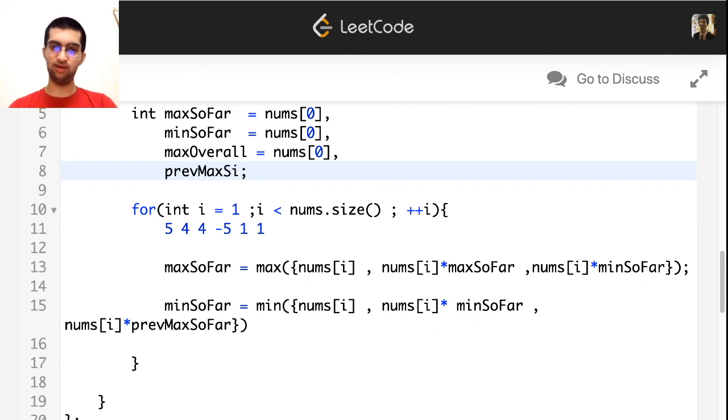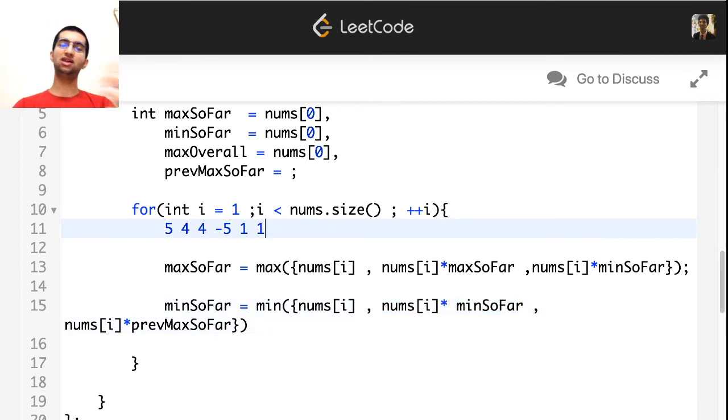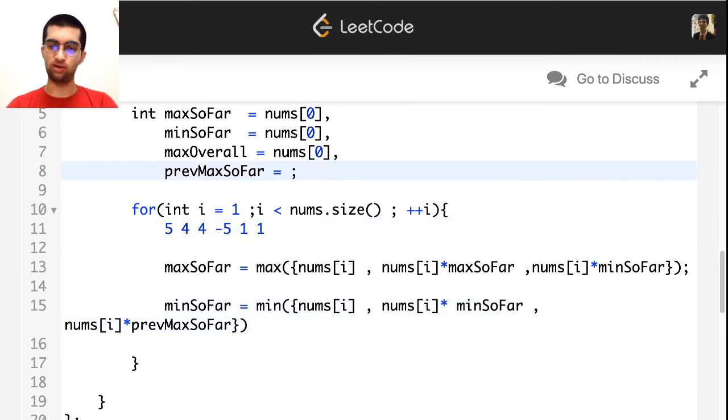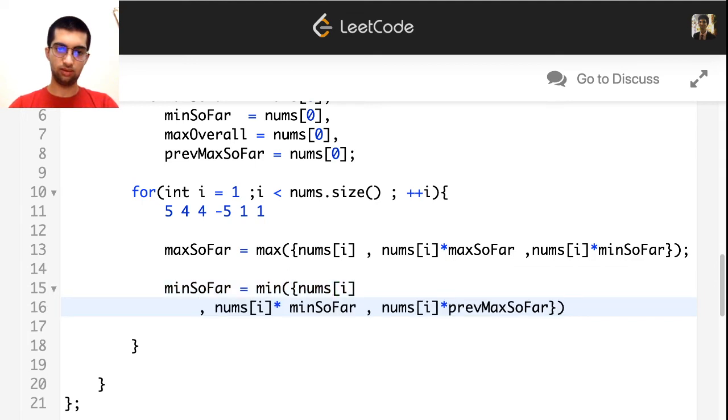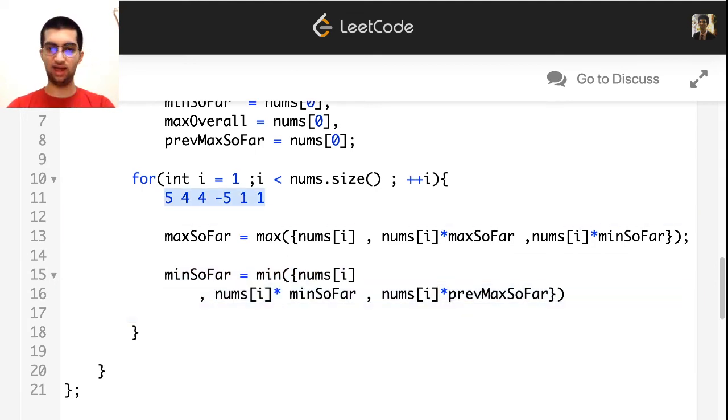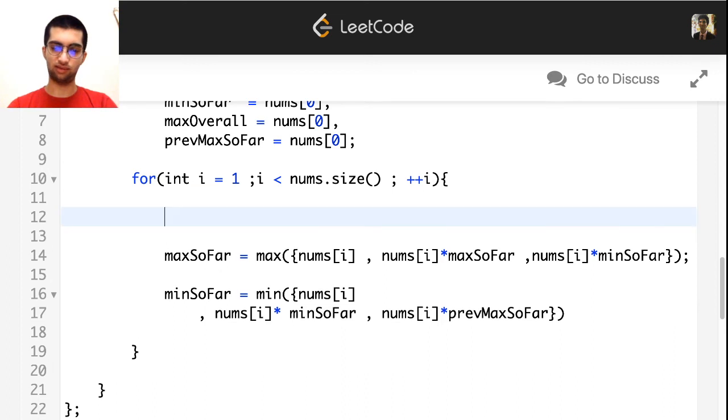Another way to solve this would be to consider different cases. You can count if it is negative, then maybe only a few of these have to be counted, if it's positive, others, but rather put everything in one. You know, make the code look so clean. That's it for this. And let's see if it runs successfully. Also note here, before I update max so far, I have to store it in previous max so far. So you get what I'm doing.